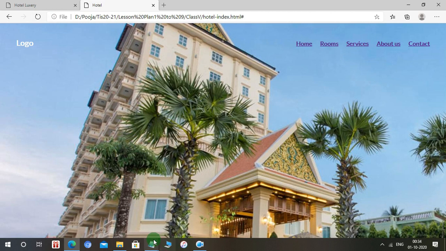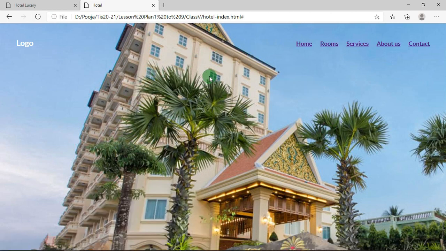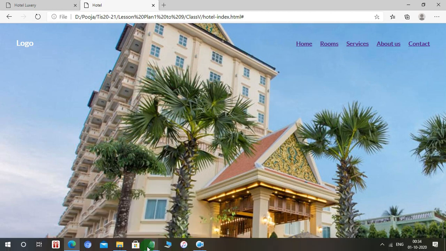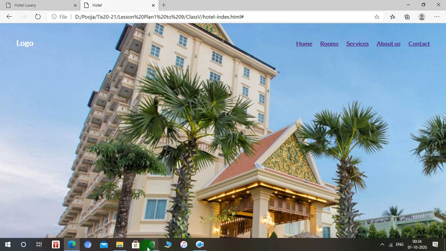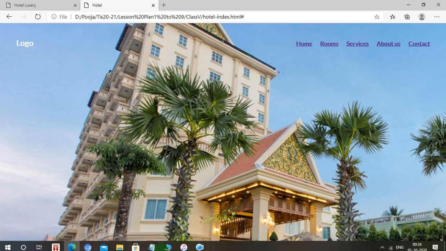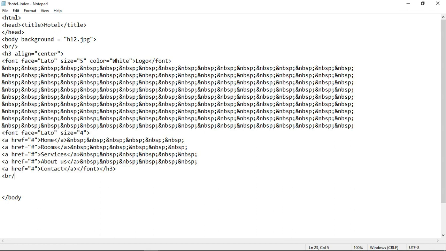Now in the center I want to give text like you are in an amazing place. So for that again I am going to use the font tag and will use the face property equals to Lato and then size 8 and color gold.